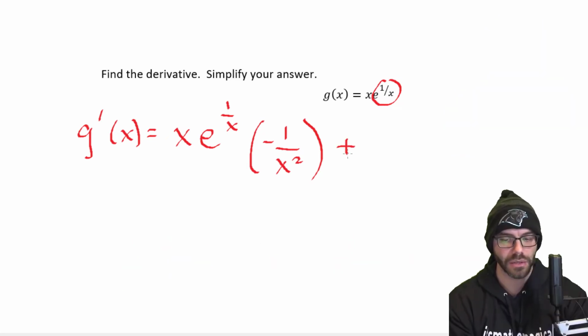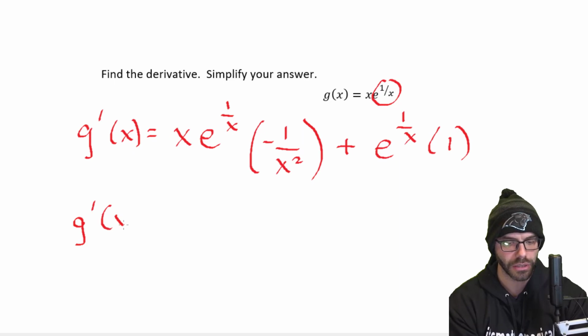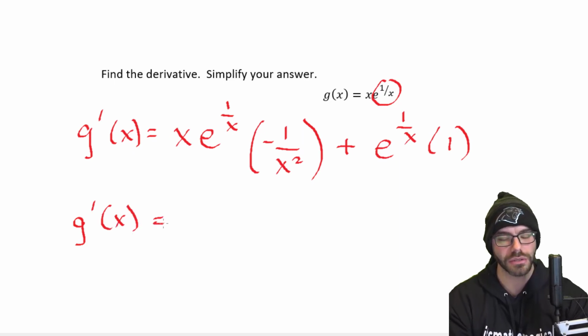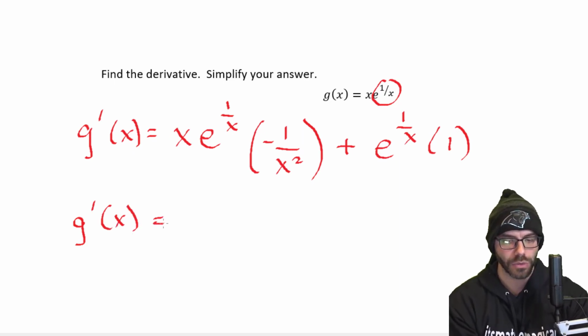Plus the second, which is e to the 1 over x power, times the derivative of the first, which is just, the derivative of x is 1. So that's what we have right now. We can clean it up just a little bit because it does say simplify your answer. So let's simplify. So we have an x in the numerator here,